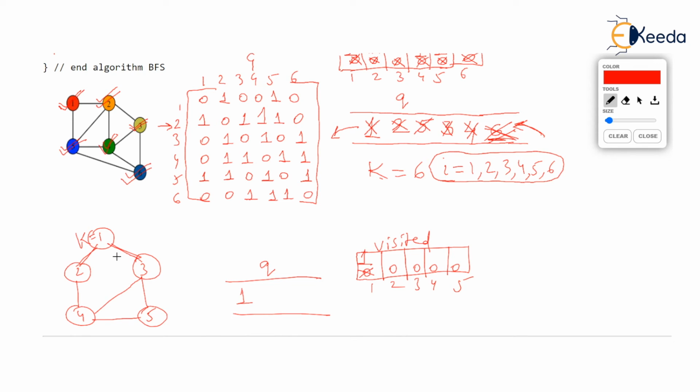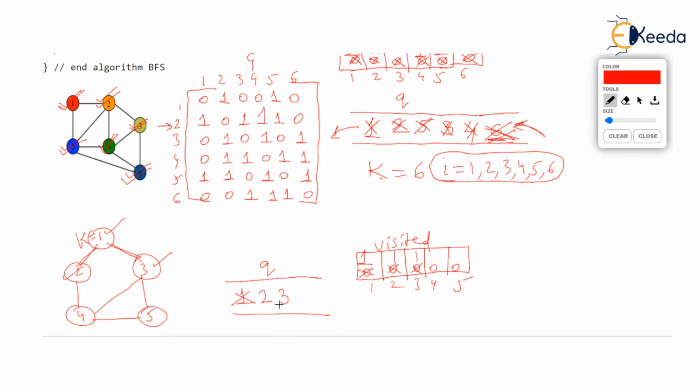So what we are going to do is, we are going to delete 1, we are going to print it, and we are going to insert 2 and 3. But inserting 2 and 3 in the queue means they are as good as visited. You tell me, if 2 and 3 are in the queue, isn't it that they are getting ready to get deleted, and after deleting they would get printed? So if 2 and 3 are in the queue, it's nice to mark them as visited. They are as good as visited, isn't it? So with K equal to 1, we have visited 2 and 3.